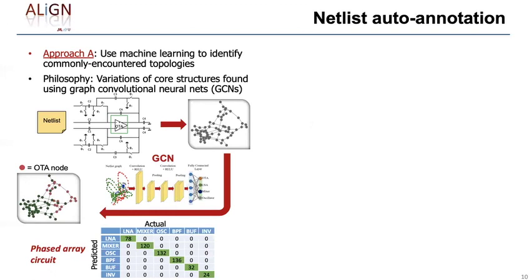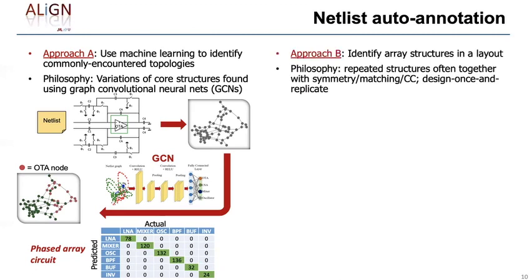Although this technique is very appealing, one of its drawbacks is that it requires significant training. We need to supply a set of known topologies, the hundreds of variants of OTAs, etc. This is not really possible to do for a wide range of circuits. So approach B takes a different tack, and it says that if we look at a circuit and if we